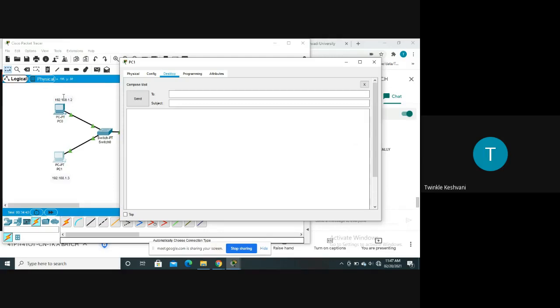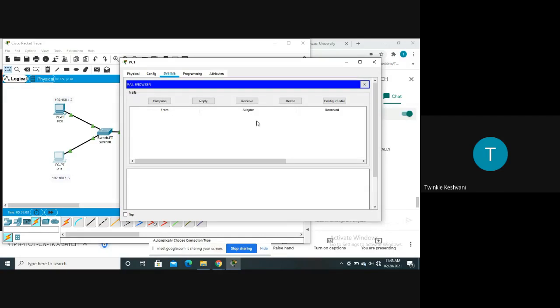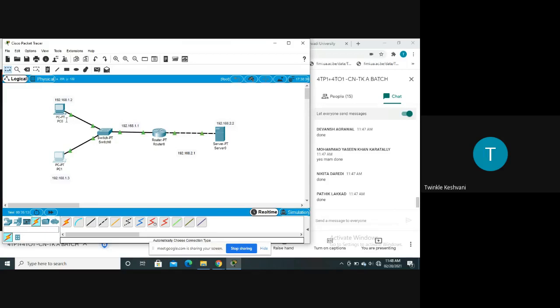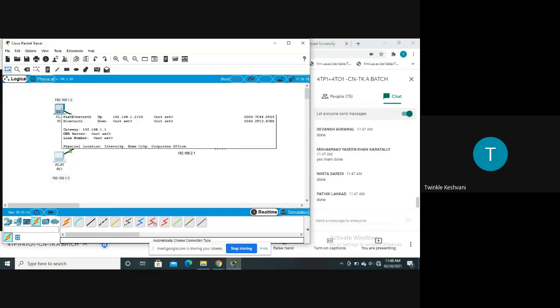So the first PC का जो email address है वो लिखना है. So first PC का email address क्या था? That is ABC. So I will write abc@cisco.com, and the subject is I'm testing whether it works or not. So subject is test, and I'm writing some message, hi. Right? So sending this mail, and our mail is sent.